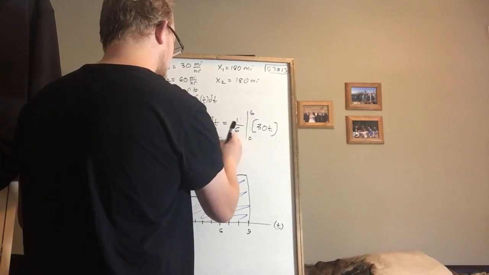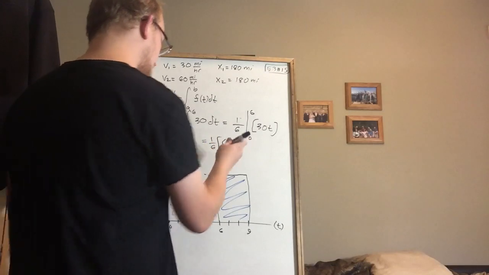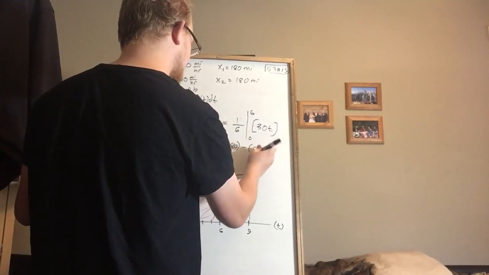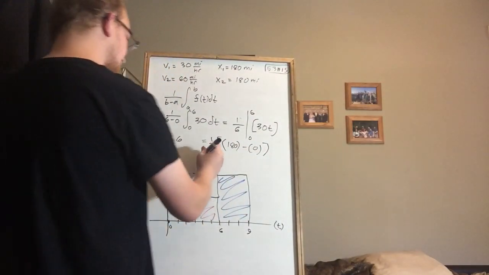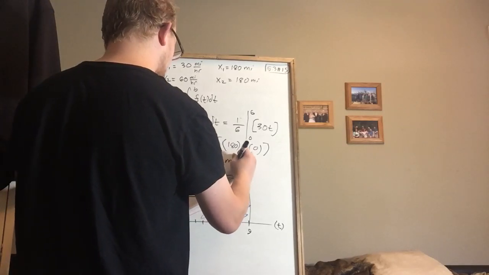1/6 times 30 times 6 minus 0, because when we plug in 0, it's just going to give us 0. So 180 divided by 6 gives us 30. Which makes sense, right? Because if you're